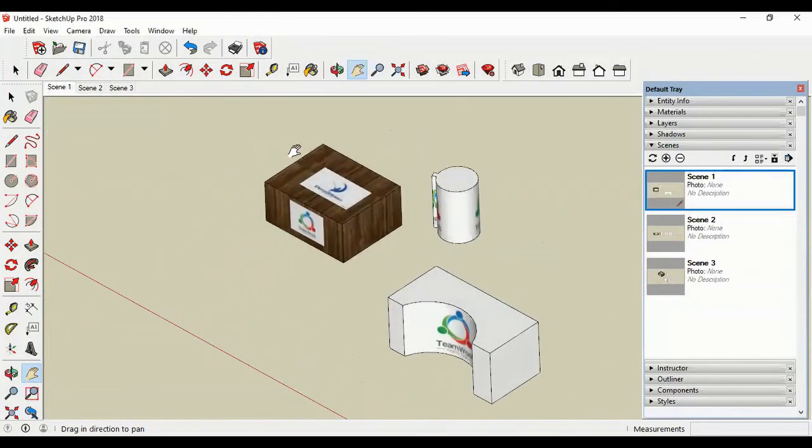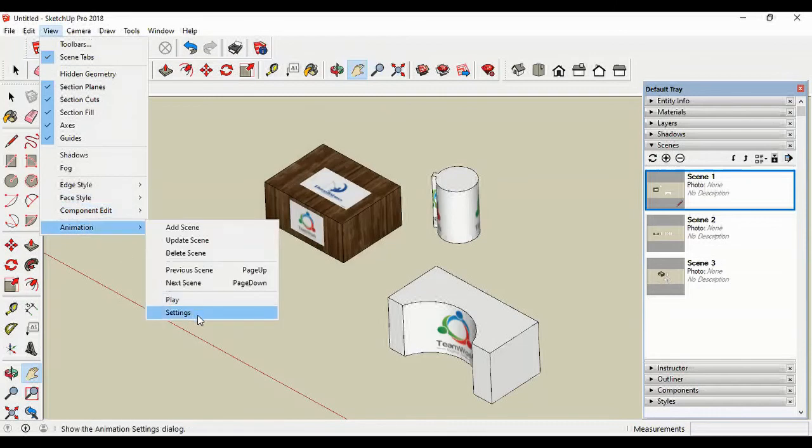Okay, so what I did, whichever view I want, I went to scene, I went there, plus you create the scene, you change the view again, plus another scene, you change the view again, plus the 3. You can have more if you want. Any number you can create. You can delete the scene also, if you don't want this scene. You can delete from here. You can add the scene. And after that, you go to view,